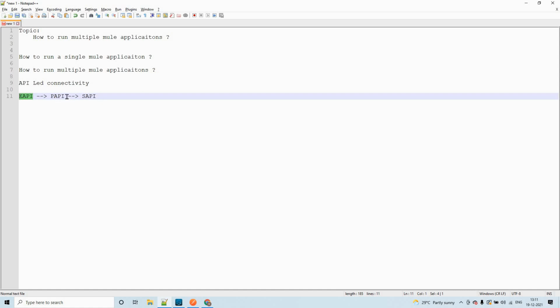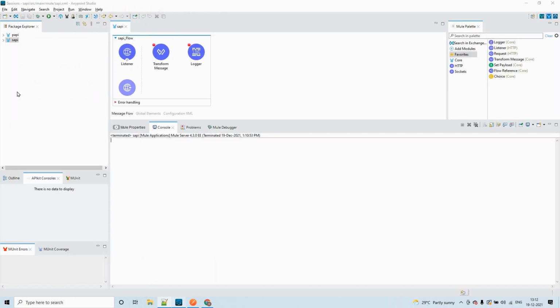Sometimes in API-led connectivity, we'll use Experience API and SAPI itself. It all depends. But the agenda of our discussion is how to send a request from one API to another API. In that case, we have to make both the applications up and running in our local, or in the Anypoint Studio. So that is what we will see now.